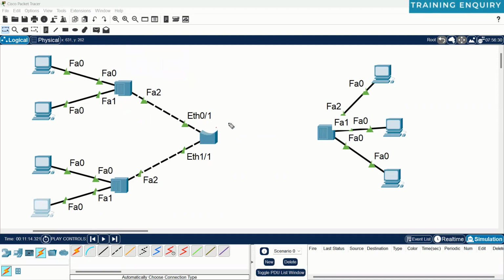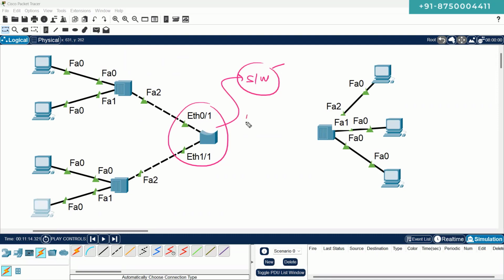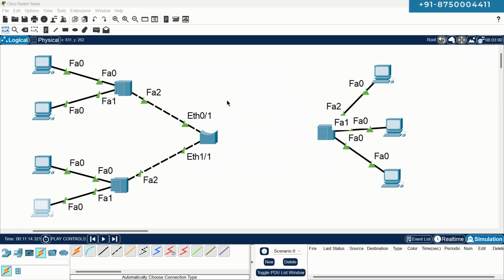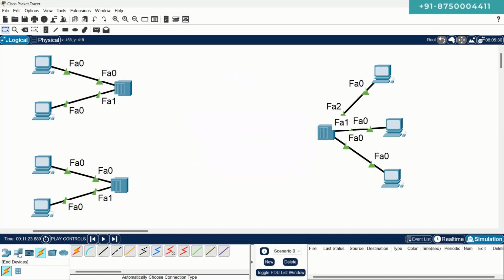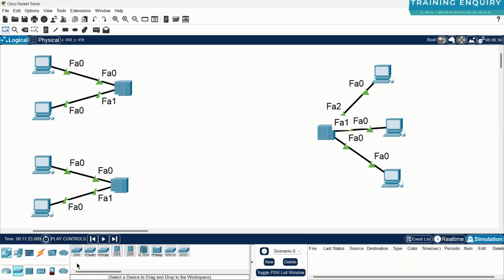Then they advanced the technology and created switches. Switches were just multi-port bridges. Basically, all the functionalities that bridges had were there on the switches as well. So we can purchase a basic switch like the 2950 series Catalyst switch platform, or a high-end 3650, 3670, whatever switch platform you can purchase, and